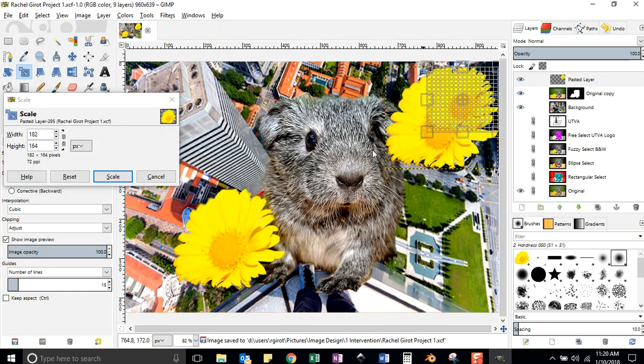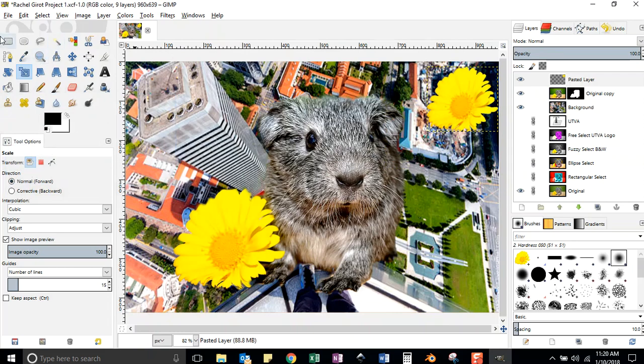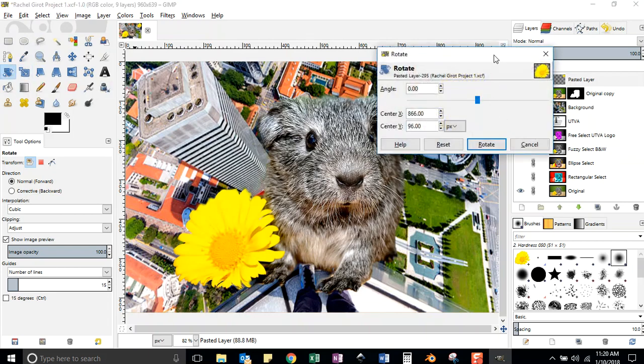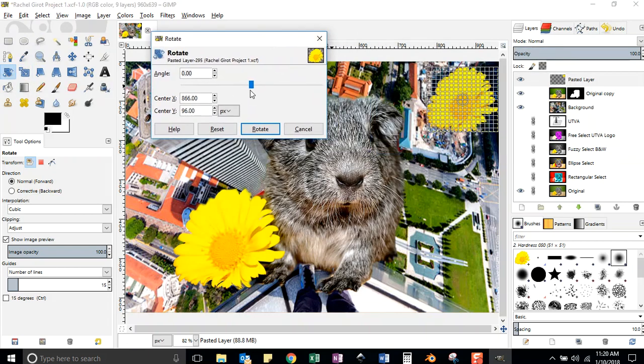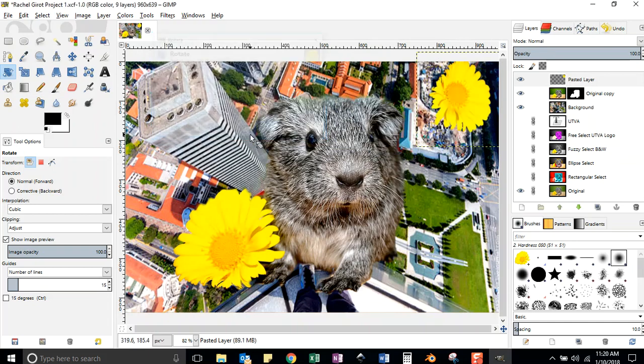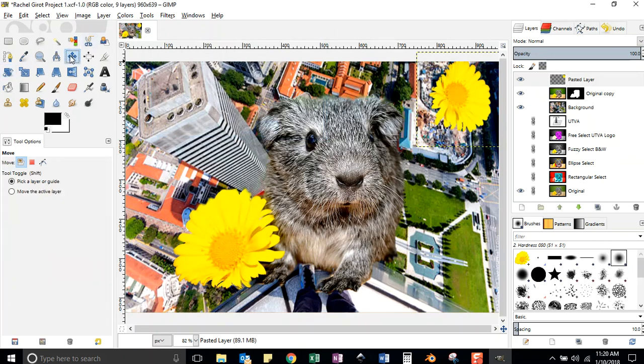And then the other thing we're going to do is we're going to rotate it around a little bit. So how do we rotate it? There we go. Rotate. Click on it. Move this box out of the way. And you can use this slider to rotate it around. So I'm going to rotate that. I'm going to click OK. And then I have to use my Move tool,